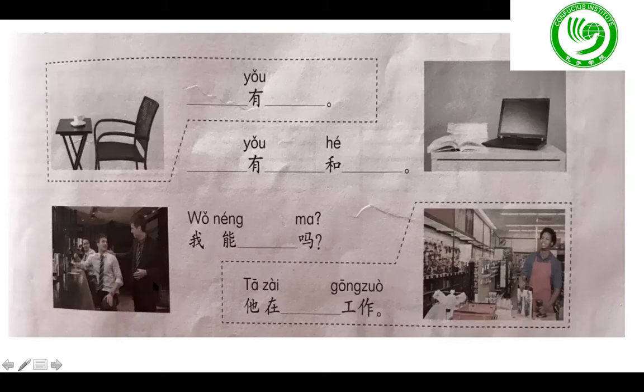I think they're in a restaurant, right? So he maybe asks if he can sit here, right? How to say this sentence? 我能坐这儿吗？And the last one,